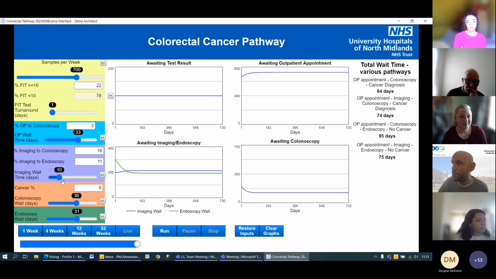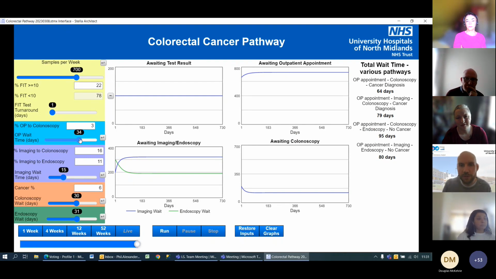Yeah, and it also changes the total times in the pathways over on the right, which I think is possibly the most important output. And the way this works is these are the average times. This is just how the modelling process works, rather than being actual data as such. It's a what if scenario, and these are the average times.